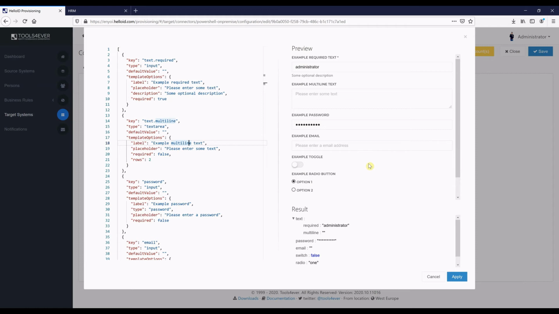It will show in the configuration where you can change settings for a connector. So as an example here we have a couple of fields with different options. We have a text input field, a multiple line input field, a password field. Here we have an example for an email field. We have the addition of a toggle and the radio buttons we can add to the user interface to make it easier to configure. So if I save this,